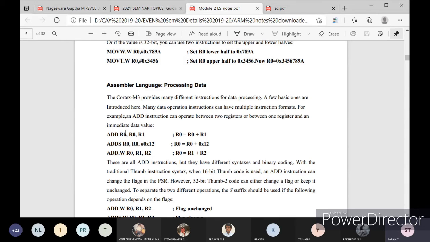Normally, if you are adding the actual values, R1 and R0, which are 32-bit values, it will add directly, or 16-bit you can add it here. If you are going for a small value, less than 8-bit or less than 16-bit, you can add that value with the stored register value using the instruction ADDS. S represents the small instruction. If you are going for .W, whatever addition we are doing will be in the form of a 32-bit Thumb-2 instruction.